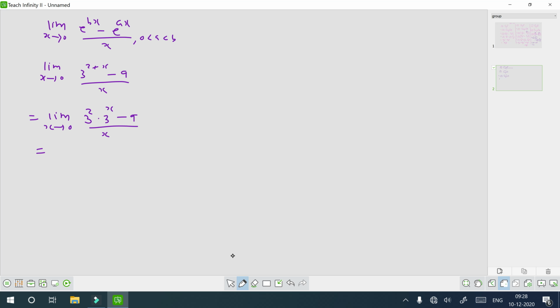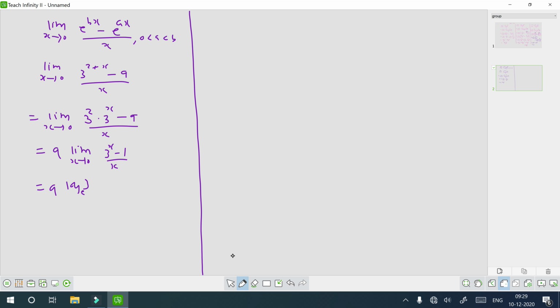This comes out 9, so take 9 common from numerator. Limit x tends to 0, 3 raised to x minus 1 over x. That is 9 into log 3 by e. In this way we can solve problems based on that pattern also. Now let us see